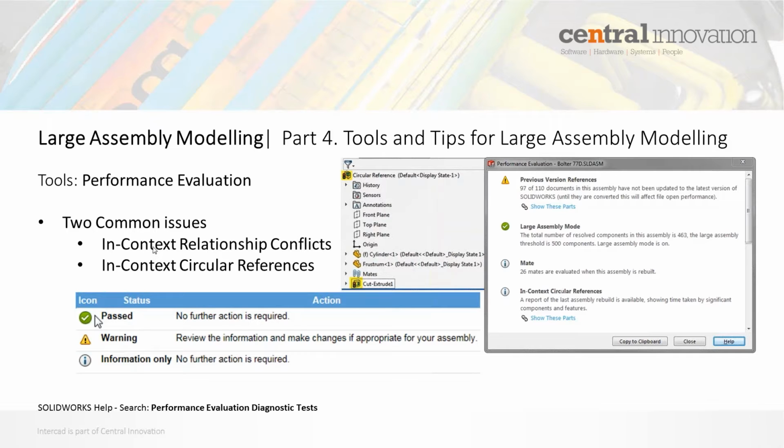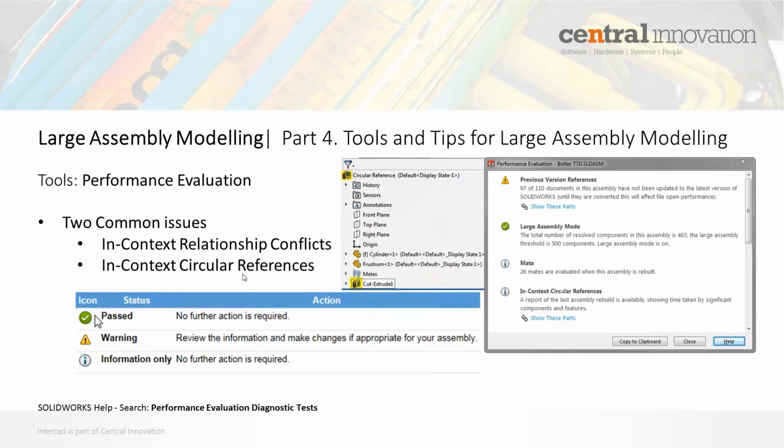So these are two of the most common issues that come up. And it's crucial to identify and resolve these for large assembly modeling. I've probably discussed a little bit on this in some of the other large assembly modeling webinars that I've delivered earlier this year. Basically, relationship conflicts,